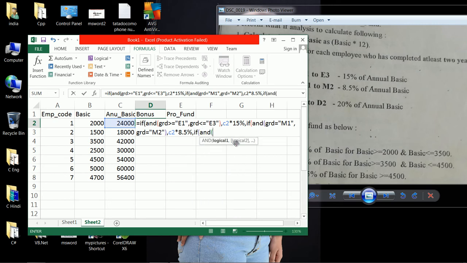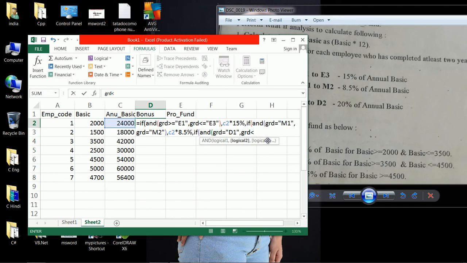If you didn't understand this formula, then you can see my previous lectures. In that lecture I have explained how to create a formula. GRD is equal to D1. Here we don't use greater than or less than because there is E1, E2, E3, but here only M1, M2 and D1, D2. Therefore it is right.